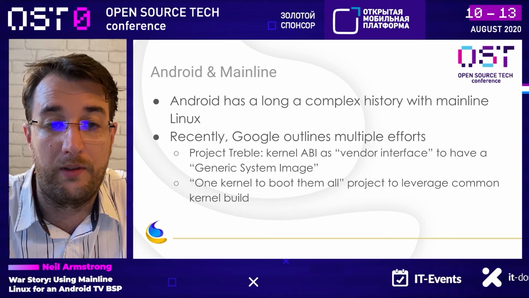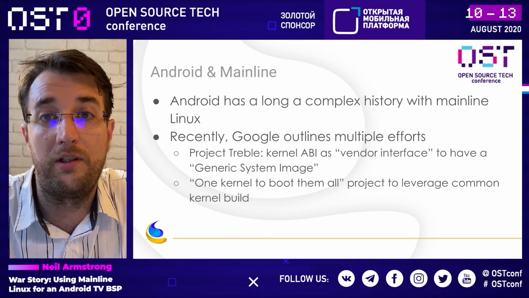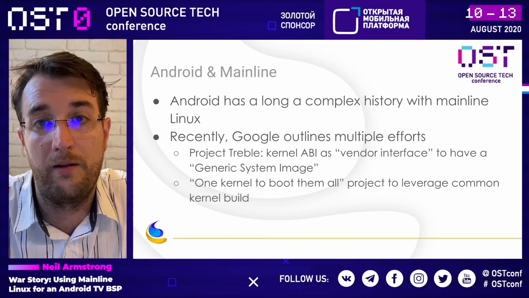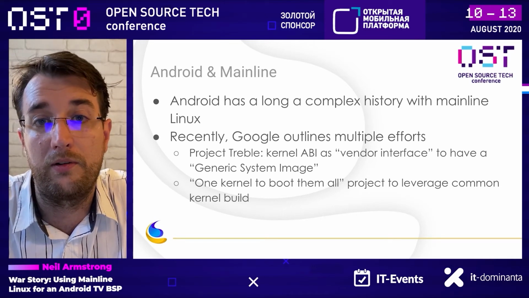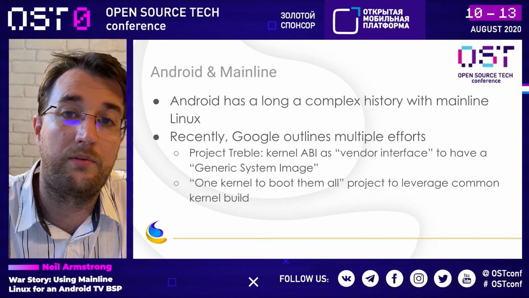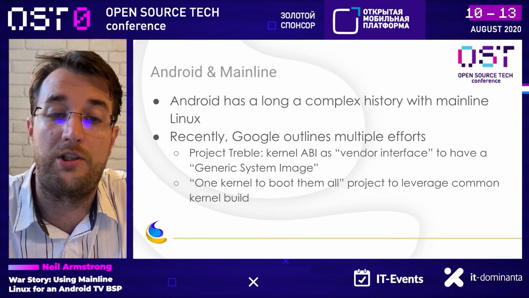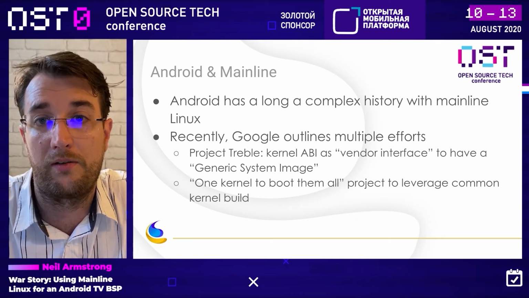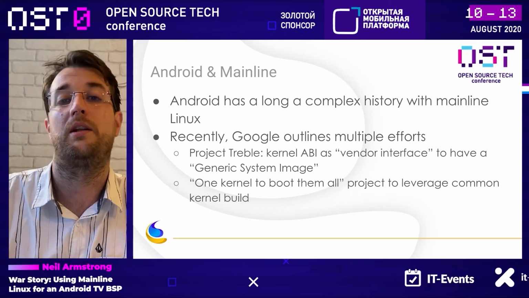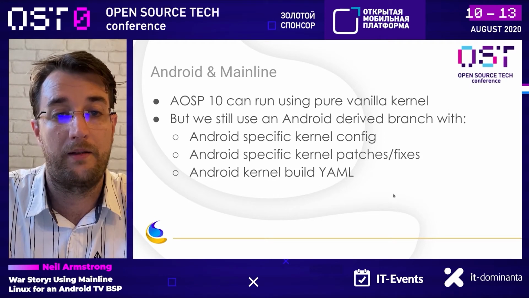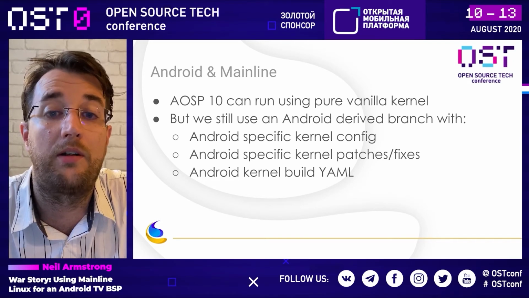And the last effort is one kernel to put them all. The goal is to have a single kernel build, so all phones will ship the same kernel, but each phone will have some different modules. If these modules were developed using the GTI Treble kernel interface, they will be accepted and used along this single kernel build. For Mainline, AOSP 10 now can run on Mainline